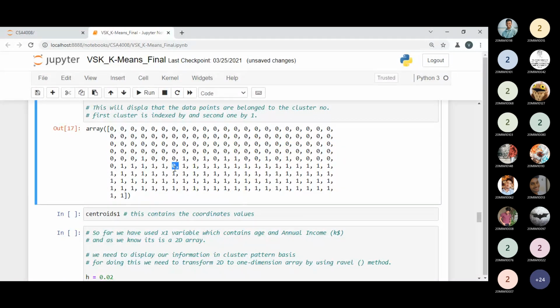So is it overlapping? No, it's not overlapping. It's saying to us, k-means we are using, so k-means is exclusive clustering. As per the k-means definition, no data point will overlap. We are not implementing fuzzy c-means. We are implementing k-means over here, so definitely we are implementing exclusive clustering. Do not forget this basic.